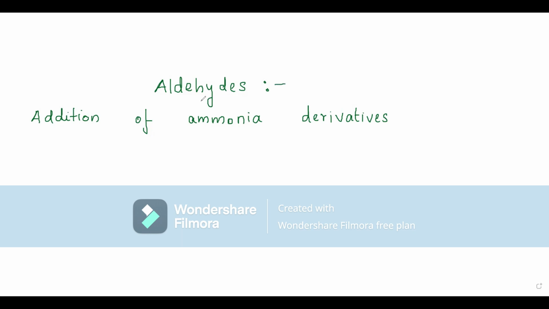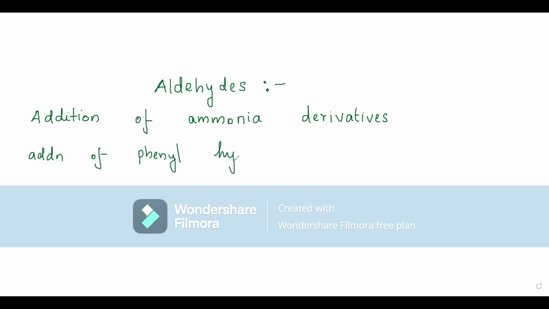Now, let's continue with aldehydes. In the previous episode, we have discussed nucleophilic addition reactions of aldehydes, and some of those reactions were addition followed by elimination of water. Under that, two of them were already discussed: addition of hydrogen as well as addition of hydroxylamine. To continue with, the next one is addition of